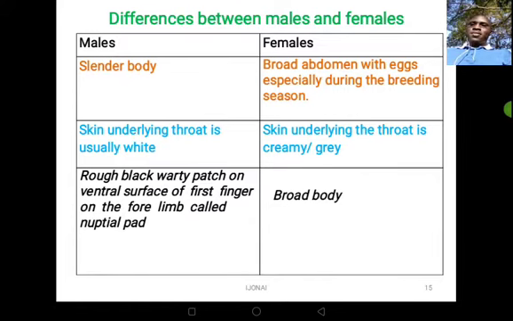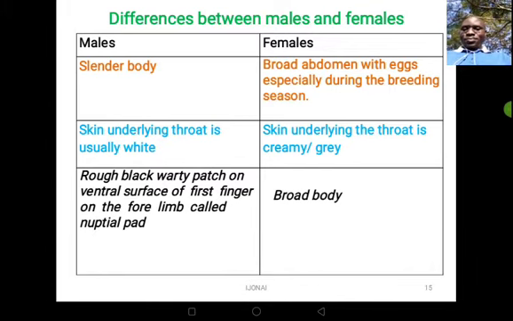So you can easily identify the male and female using their body size, where the males are slender always, and females have a broader abdomen. The broad abdomen is to accommodate a large volume or a large number of eggs that are usually produced during